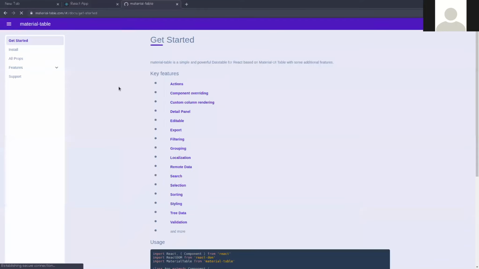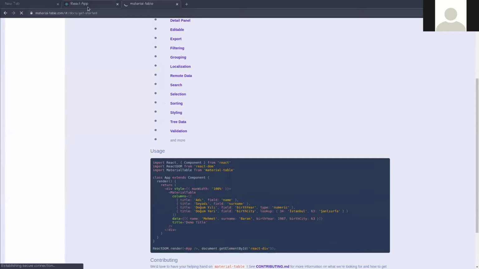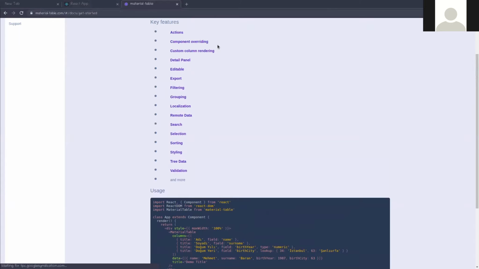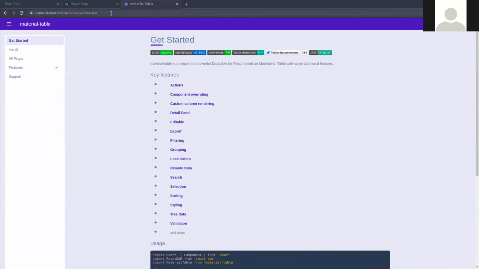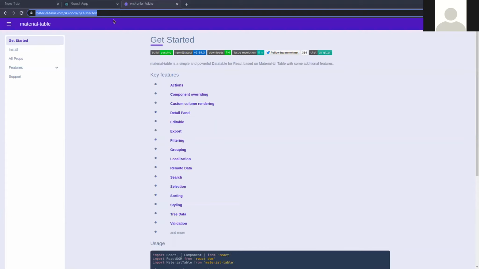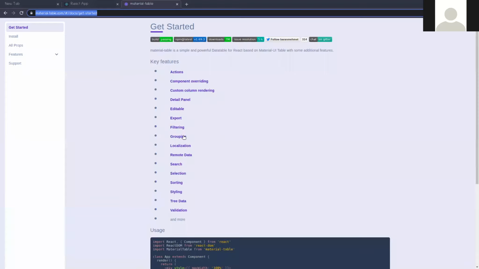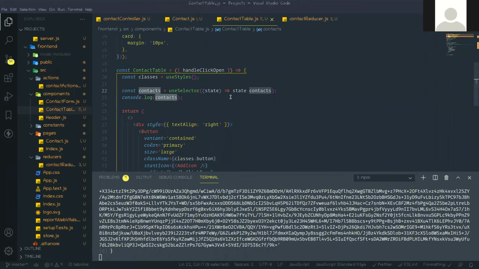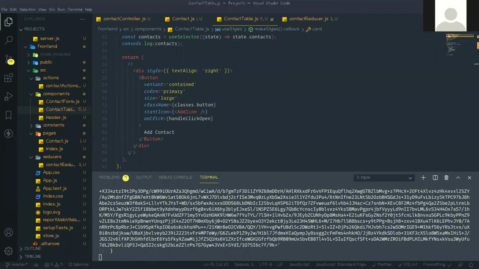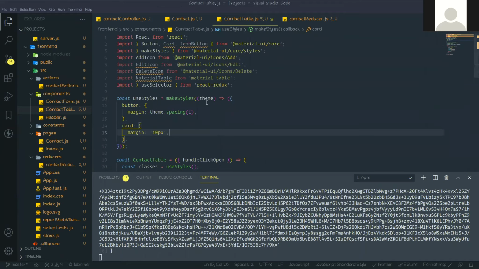Okay, so this table we are going to use. If you want to learn about the material table, just visit this website. You will get this link from my description, and just learn how to use those material table components. Now, in this table we need some components. We already brought the material table that we need, the edit icon we need, and the delete icon we also need. Whatever we need, we have already imported.